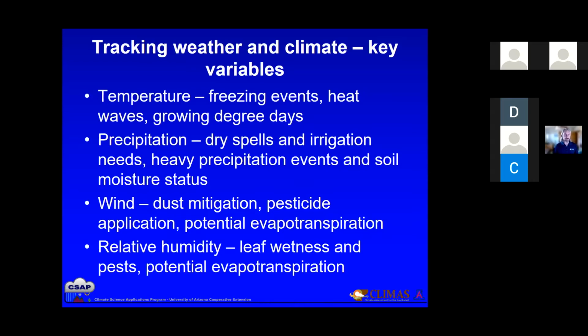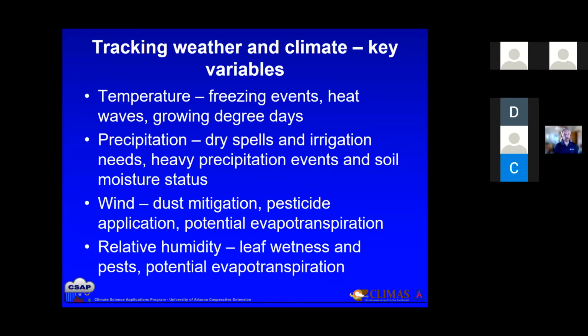From the precipitation standpoint, dry spells and irrigation. Having these long dry spells will give us some sense, and you can think of them climatologically. When might they occur during the year? How long has the last dry spell been? And even from a forecast perspective, that might help you plan out certain activities that are coming up in